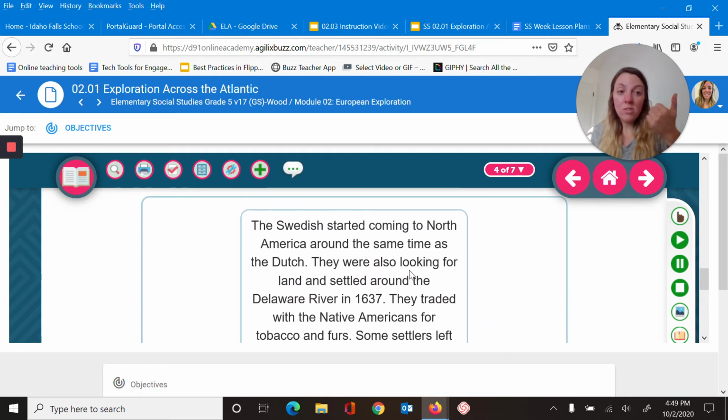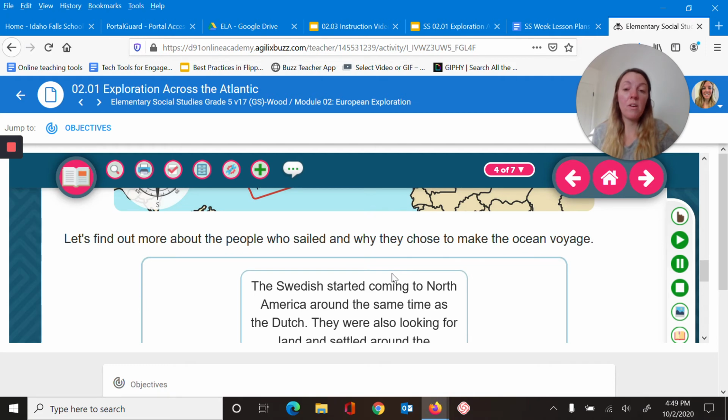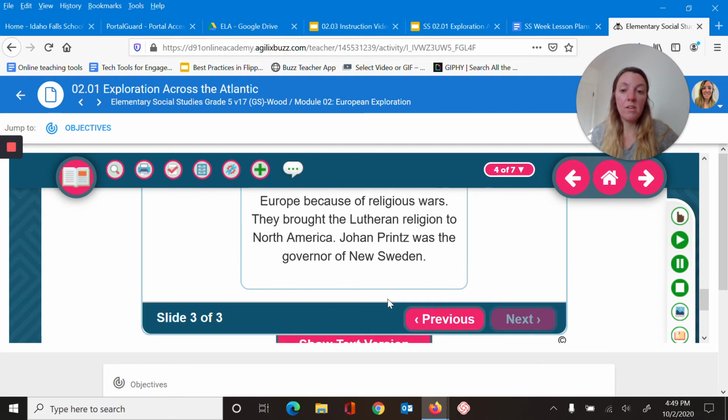So we have Vikings who started coming over. We had the French, we had the Dutch, and we had the Swedish. Those are 4 different groups that started to come over. The Vikings were before Christopher Columbus. The French and the Dutch and the Swedish were around or shortly after the time that Christopher Columbus came over. So these ones were more the 15th to the 17th century that they started coming over after the Vikings had already found America.